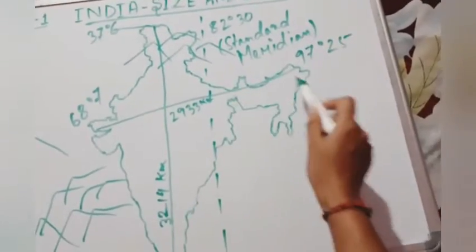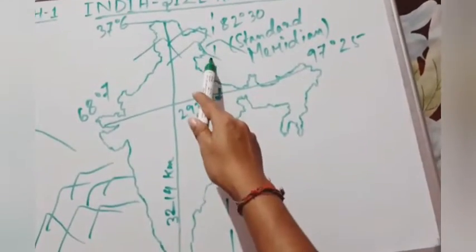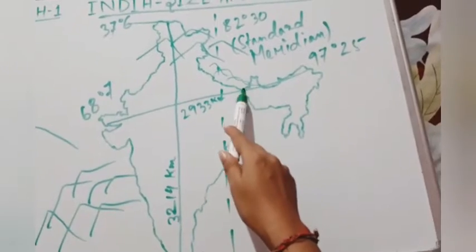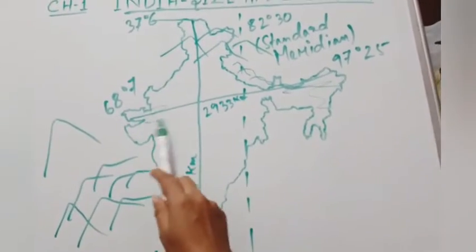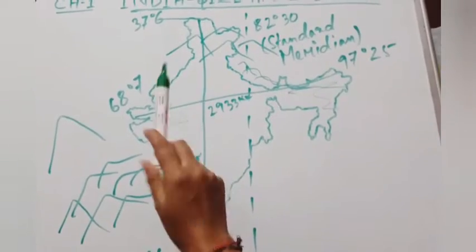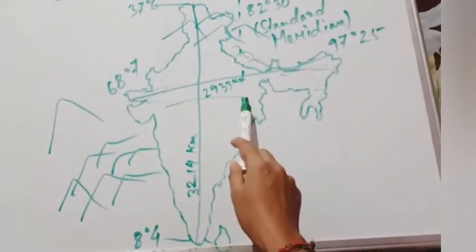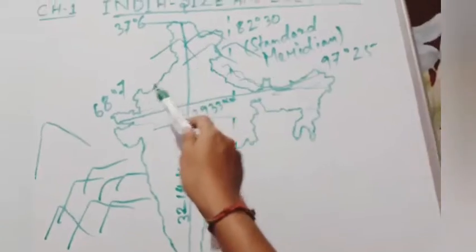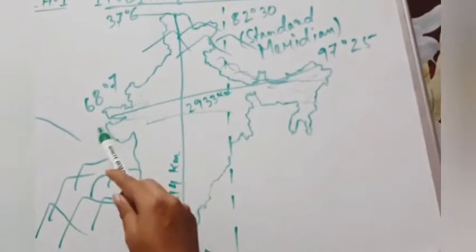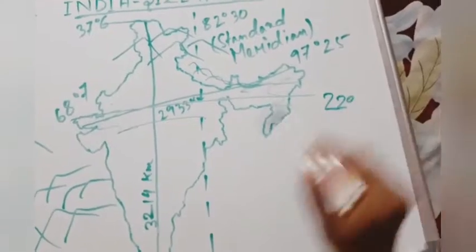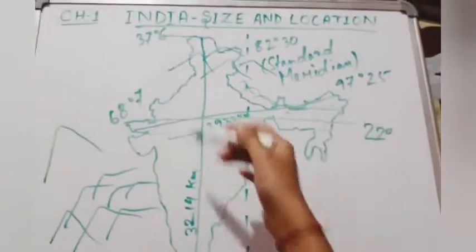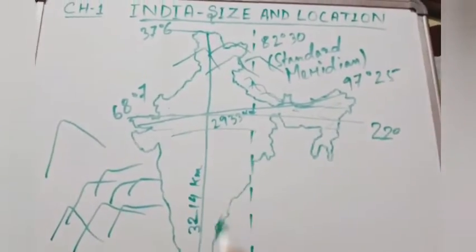Then we know about the northeastern region. Here we have a connection. The Himalaya mountains are connected up to here. So this is our northeastern region. This is the west region where we have desert. Then this is the southward extension. The extension of Himalaya is almost up to 22 degree. And after that, the plateau starts.